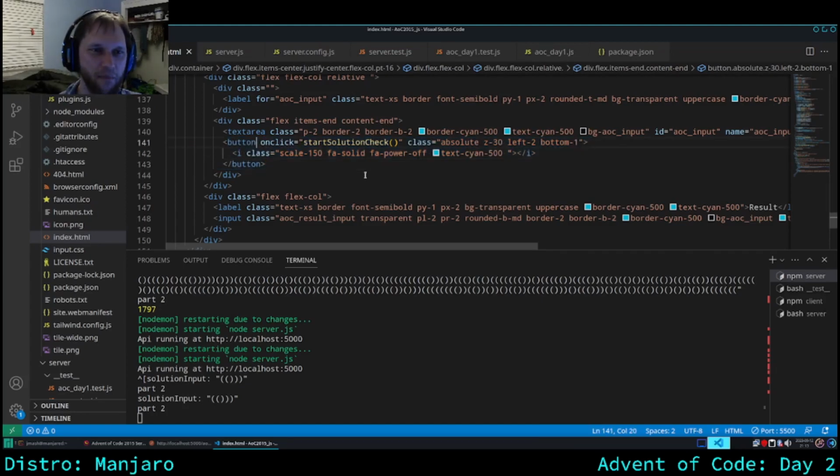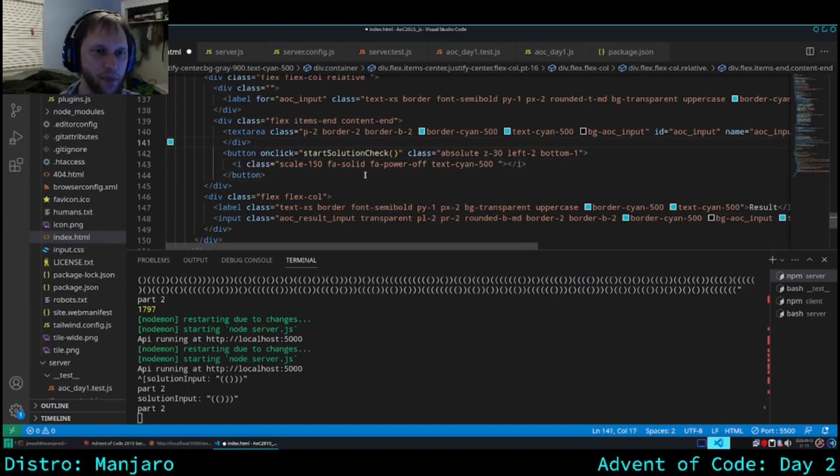So the text area and the button, so this button should be part, actually,